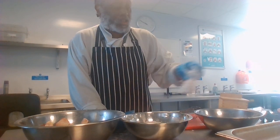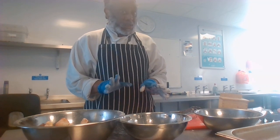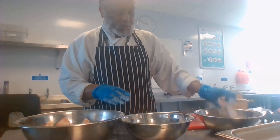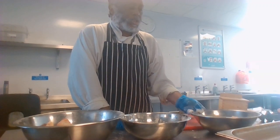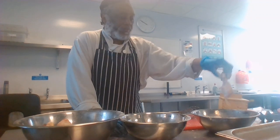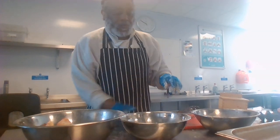I could, if I chose to, believe it or not, deep fry it, but when you're doing the sweet and sour, it's better to shallow fry it because it's sauteed. Saute means to shallow fry. Cover the chicken, coat it in the egg wash, and then we're going to put it in a dish where I'll then transport it to my heated frying pan, and then I will start to fry it off,